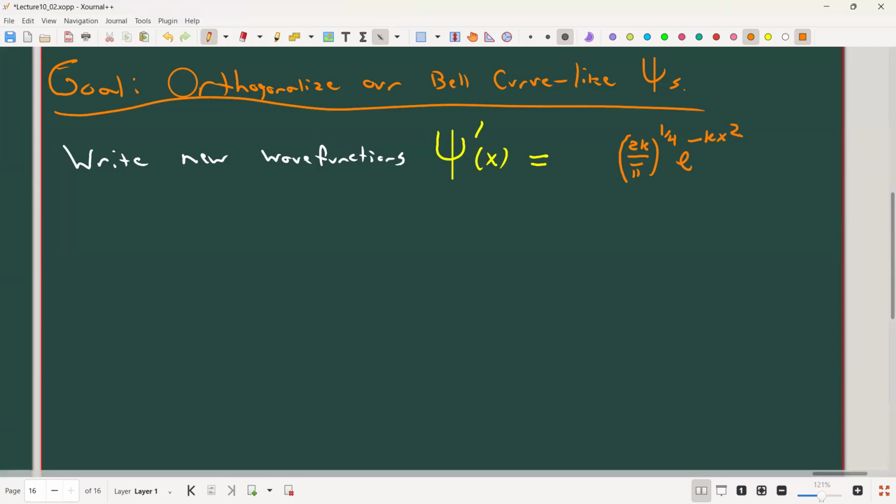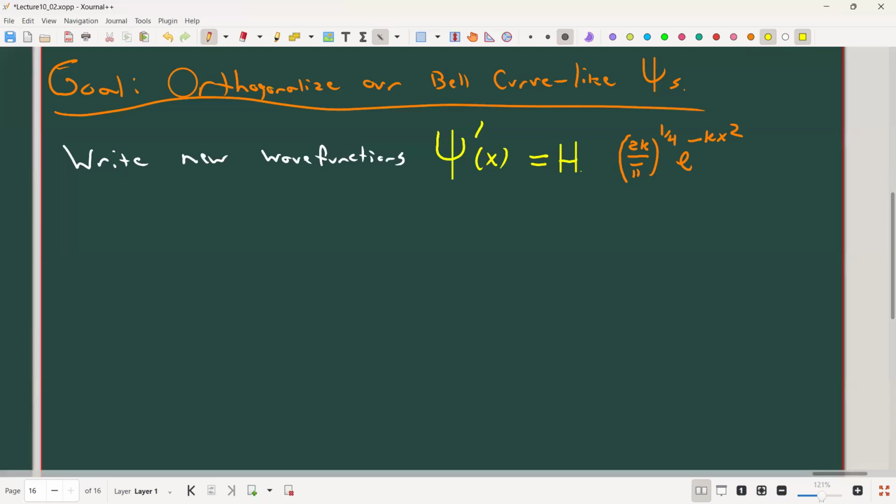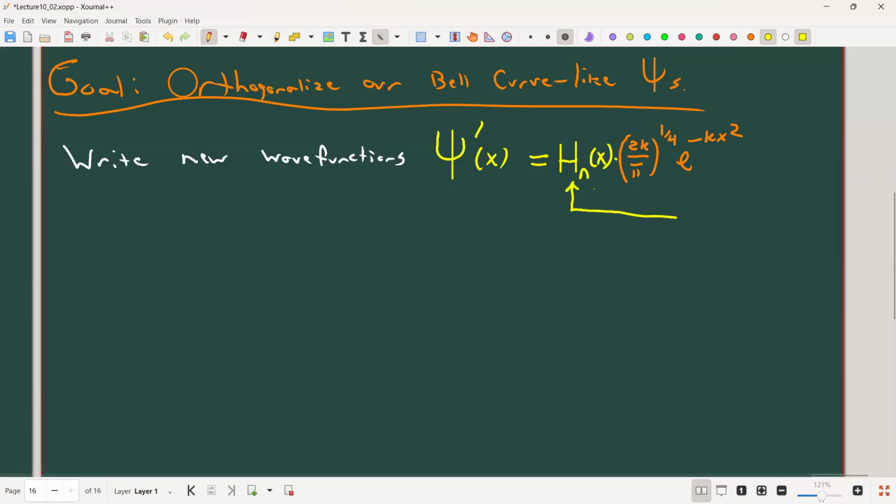That's the normalized wave function we came up with in that last class. And we're going to multiply it by a special function, which I'm going to label h sub n of x. This is our orthogonalizing function,